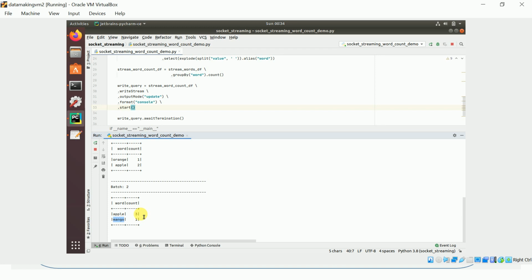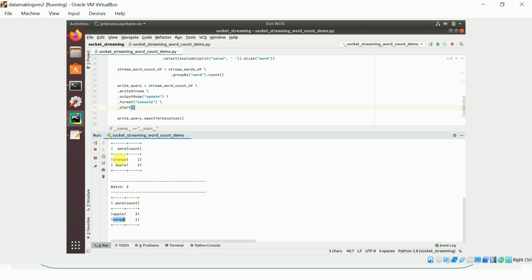So update is something like upsert: update plus new data, update plus insert is called upsert, right? So whatever data is updated and new data has come, but it ignored the previous result of the previous micro batch.